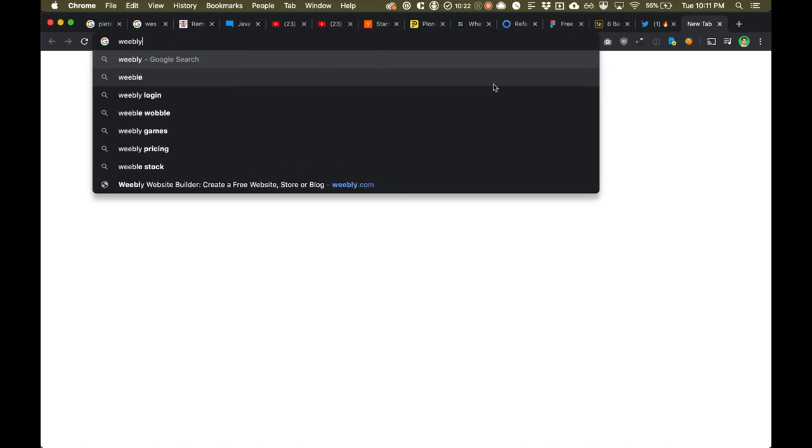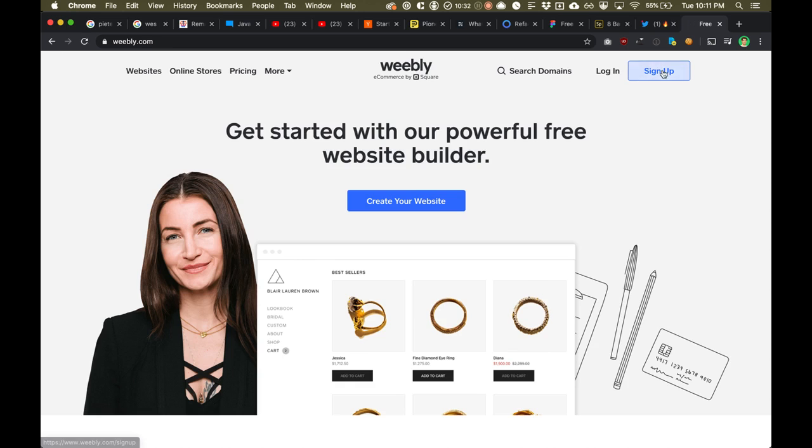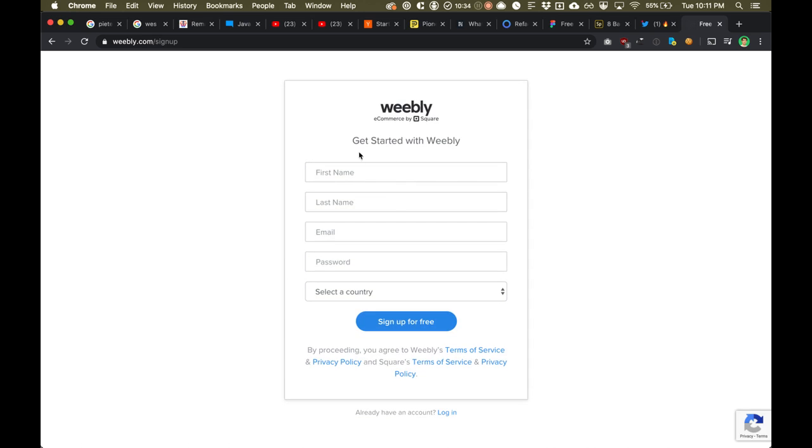Or a really great example I heard about is Weebly. Back in the day, they wanted to simplify their sign up page. So they actually removed every field except for the email and password field. And someone went to their website and they said, I don't understand how to sign up for an account.